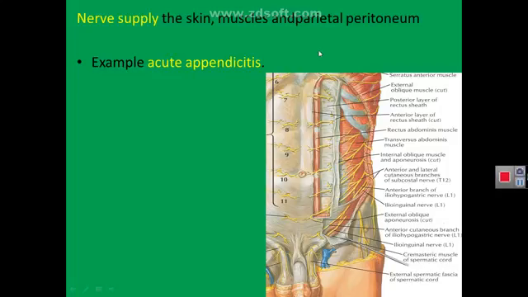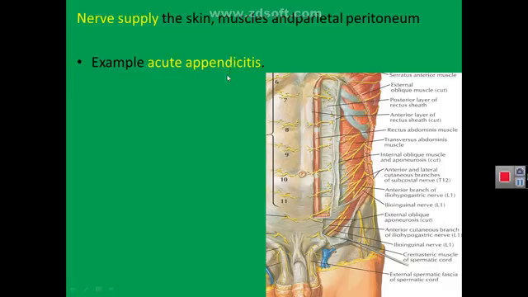The parietal peritoneum lines the interior abdominal wall, and there is another layer, the visceral peritoneum, covering the abdominal viscera. And the visceral peritoneum is supplied by autonomic sympathetic and parasympathetic nerves, so the visceral peritoneum is poorly sensitive to pain, while the parietal peritoneum is very sensitive to pain. So if you have